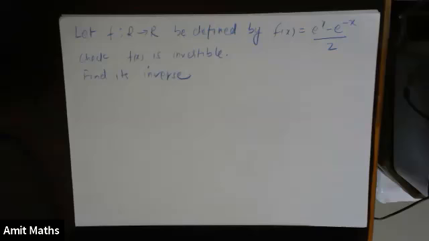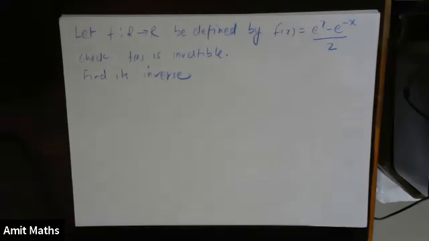Okay. So I hope you understood the question. So basically what we have to find is whether the function is invertible or not. We have to show that the function is injective as well as surjective. That means the function is 1 1 as well as the function is onto. Okay, if function is 1 1 and onto, the function is bijective in nature, and if the function is bijective, that means the function is invertible. Okay, to find the inverse, we just simply have to write x in terms of y, instead of y in terms of x.